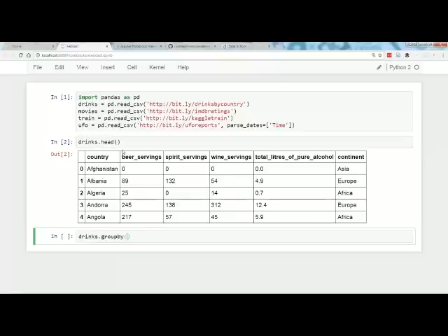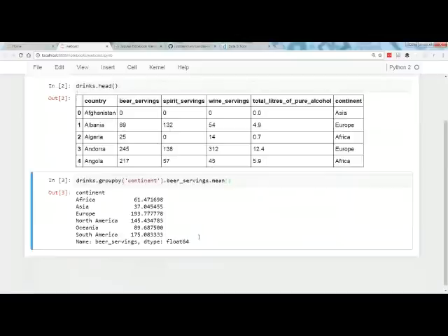The only one that would kind of make sense in this context is continent. I won't say too much about the data set other than, you know, this is a country and its alcohol consumption per year, and this column contains the continent. So if I group by continent and select, for instance, the beer servings series, I can check the mean. So what I've done here with a group by is to say, for each continent, what is the mean of the beer servings series?